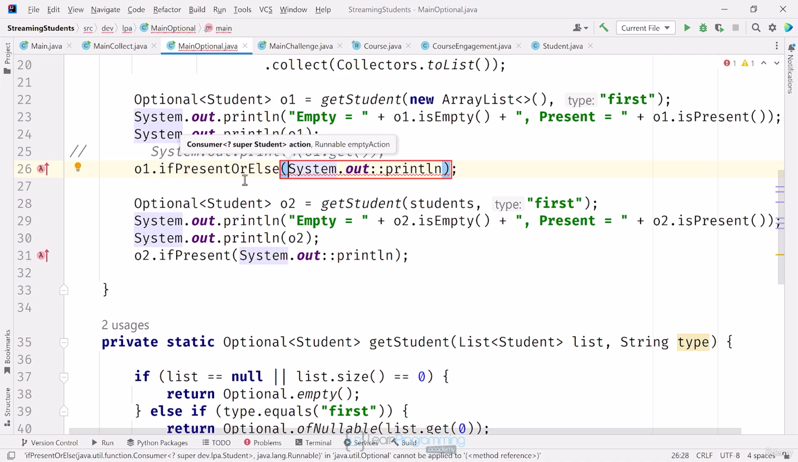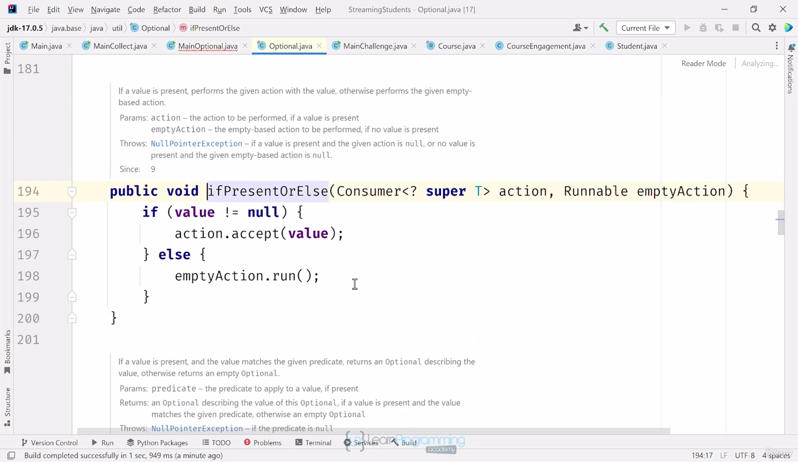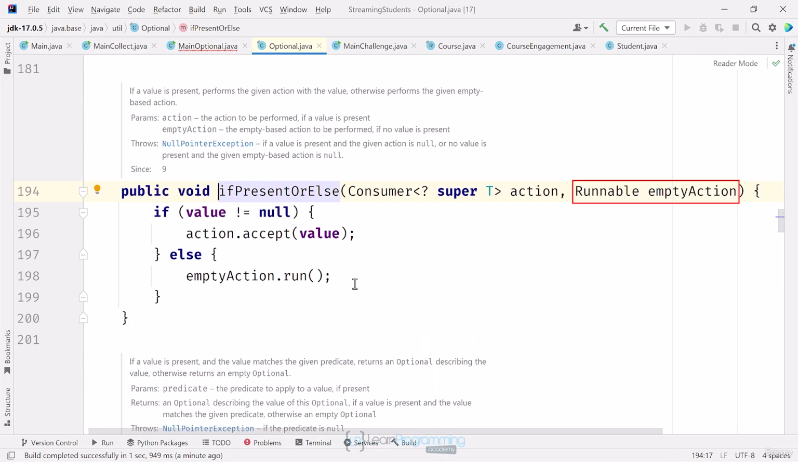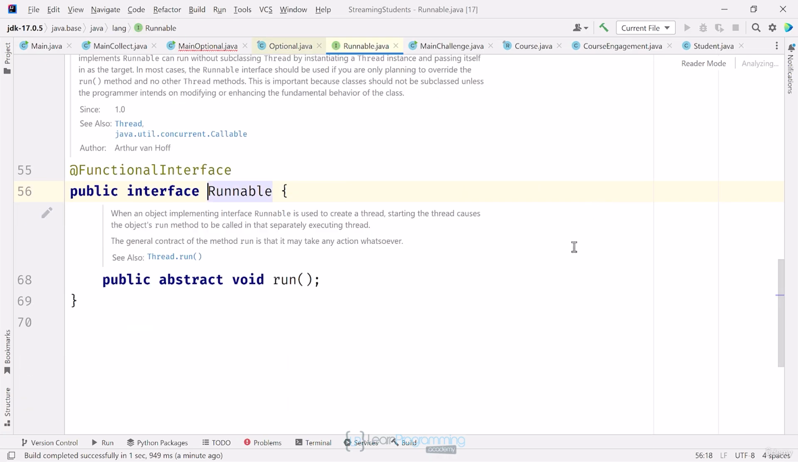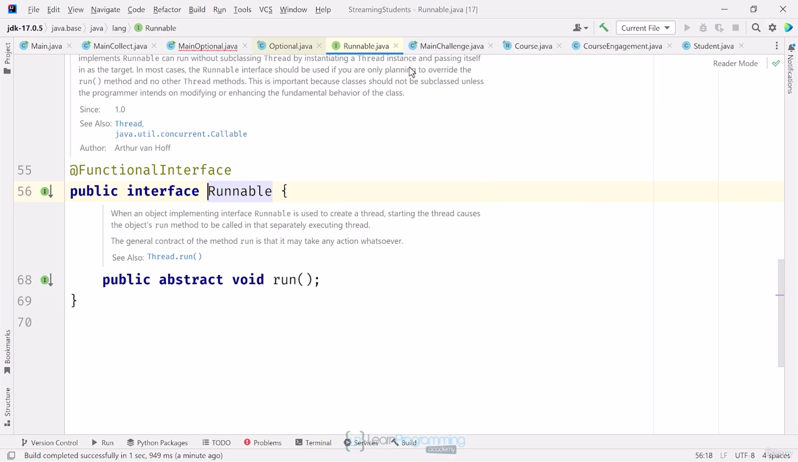That gives me an error at the moment. I'll click on that method, then Control-click to bring up that particular method's code. Here you can see this method takes a second parameter, a Runnable called emptyAction. I haven't yet covered Runnable, but let's follow the trail, so I'll Control-click on Runnable. Here you can see it's another functional interface, so it's a target for lambda expressions. It doesn't take any parameters, and it doesn't return any. Getting back to my code,